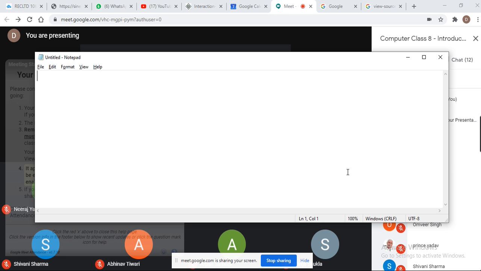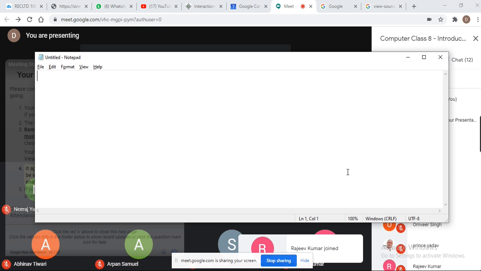For a text editor, we have Notepad in Microsoft Windows, and Notepad++ and some other Mac text editors. There are all kinds of different text editors, so don't worry about that. These are freely available text editors.